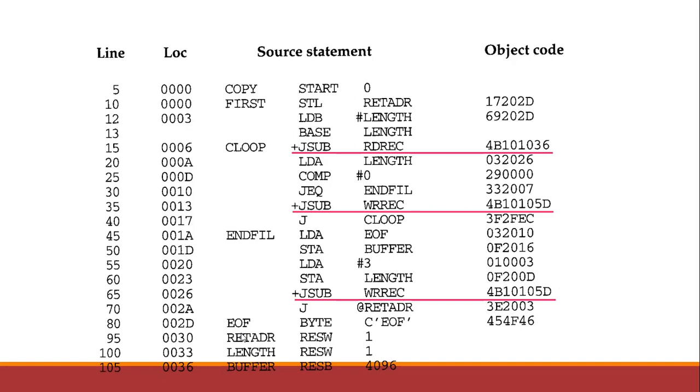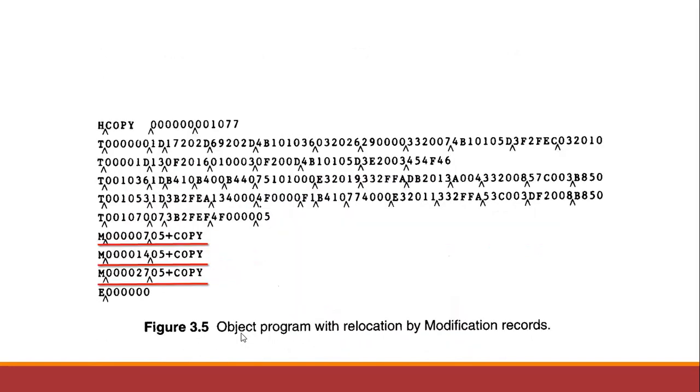For example, instructions like format 4 extended instructions are absolute instructions where modification happens. For instructions like immediate or PC relative, modification won't happen because the displacement or immediate value is loaded into the address field. So no modification is needed. The modification record is only for the extended format. So in this example there are 3 modification records.